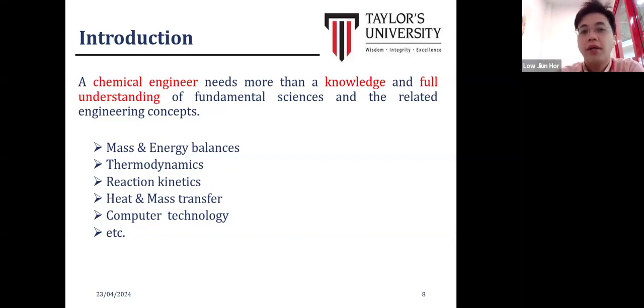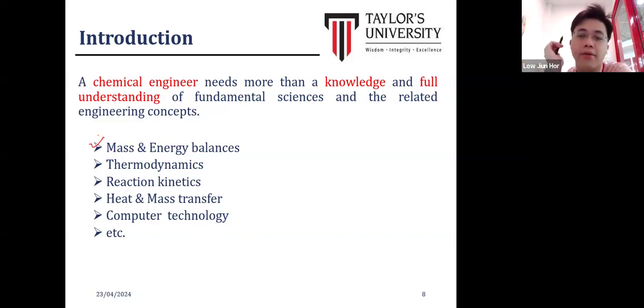As I told you just now, there are some modules that are very important and very useful when you come to chemical plant design. For example, mass and energy balance, which you compulsorily have to know. Because when you come up with a design, you have to know the amount of material that you are going to handle in the equipment and in every single process stream before you can proceed to design the size of the equipment